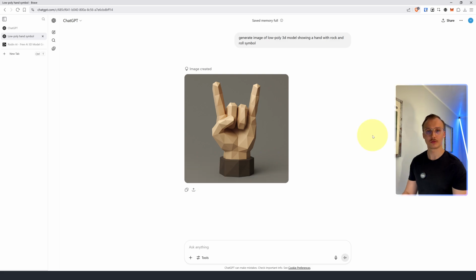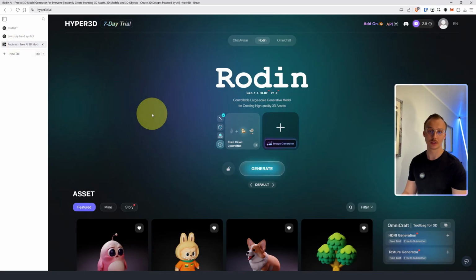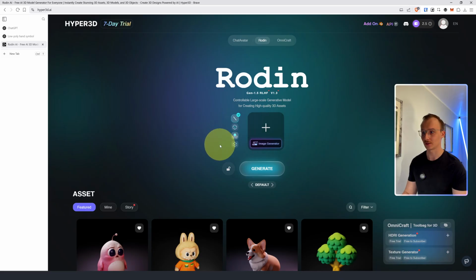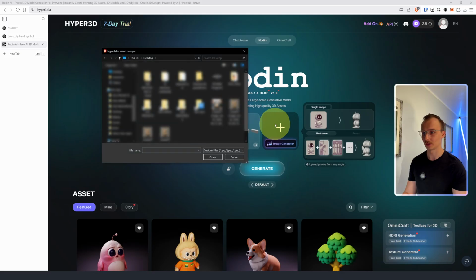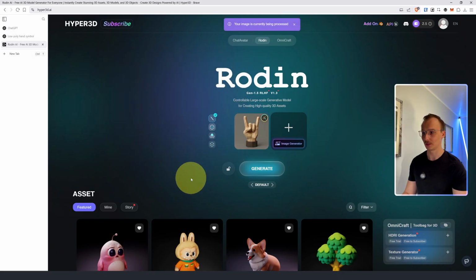To turn this image into a 3D model, there are dozens of different AI tools. I will include a full list of mine in the video description, but in this particular case I will use a tool called Rodin, which is pretty reliable and provides decent results. Rodin has a lot of different options because it's focused on human interaction with the algorithm, so you have different kinds of options to control the output, but we will use just the standard options, and we'll proceed with the result. You just click a plus sign here, click on the image, click open, and then click